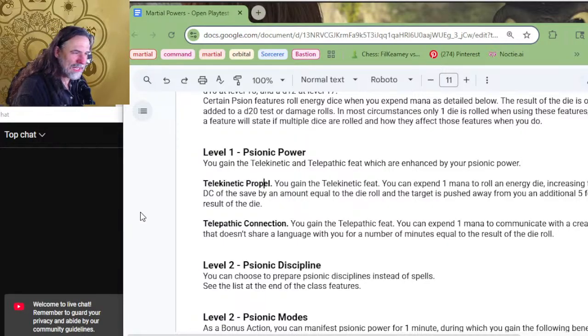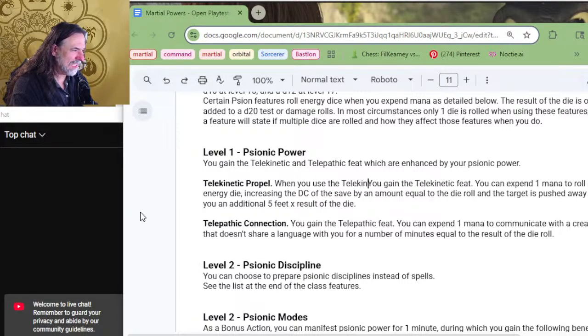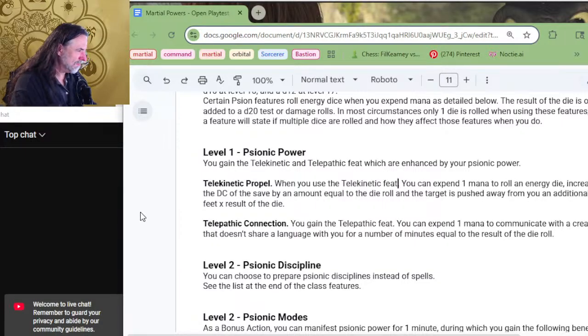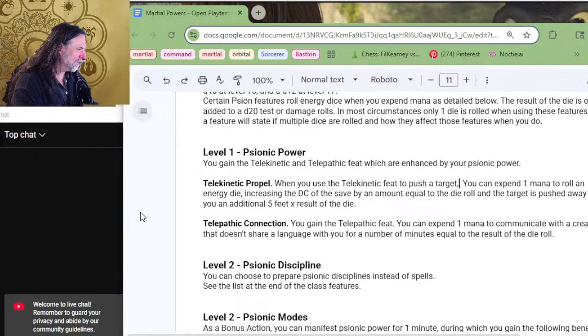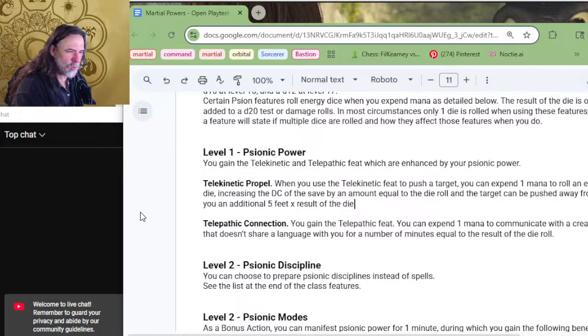Telekinetic Repel. When you use the telekinetic feat to push a target, you can expend 1 mana to roll an energy die, increasing the DC of the save by an amount equal to the die roll, and the target can be pushed away from you an additional 5 feet times the result. Normally you only push them 10 feet, but